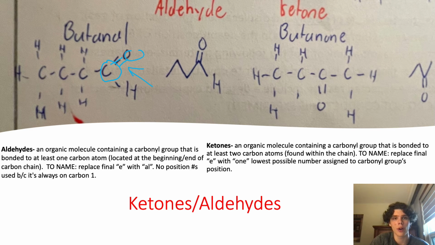Now, moving on to ketones. Ketones are organic molecules with a carbonyl group that is bonded to at least 2 carbon atoms, so it's found somewhere within the chain. So to name, replace the final E with -one and the lowest possible number assigned to the carbonyl group's position. So here, butanone would actually be written